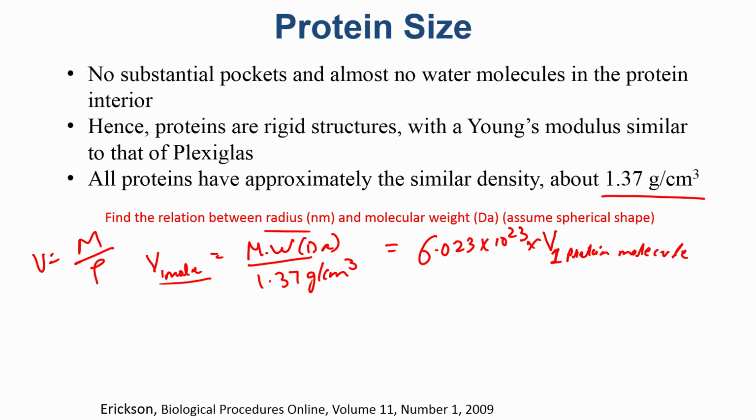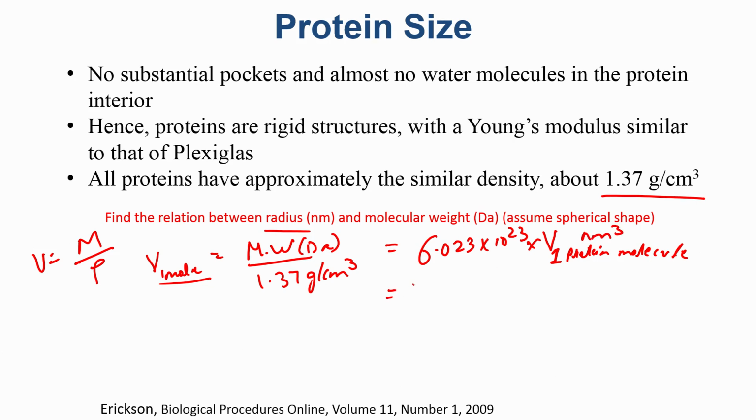Now that we have defined that, we can further expand this volume. It depends on how we are defining the radius. If we are saying nanometer, then it is going to be nanometer cube,